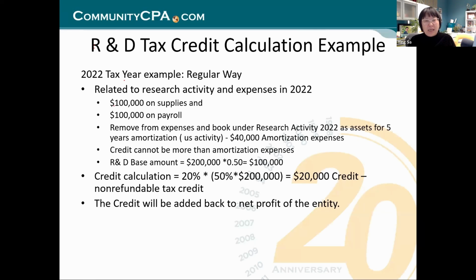In 2022, you have related research activity and expense of 100,000 on supplies and 100,000 on payroll. So if we add these two together, it's 200,000. Now, I'm just going to assume you're a pretty good accountant, okay? So the 200,000, normally it is your expense, right? You have an income, then you have expense, and this 200,000 is somehow inside of your expense. So because you are going to do the R&D tax credit, you need to take that expense out of your profit and loss statement